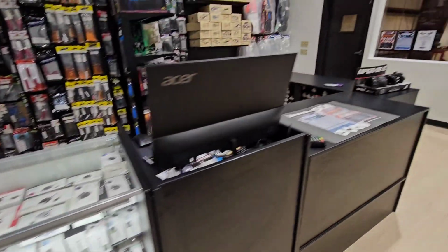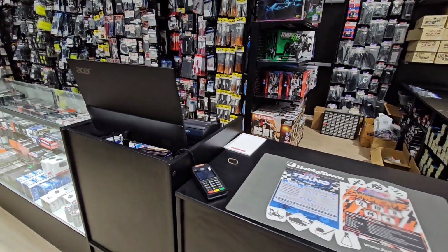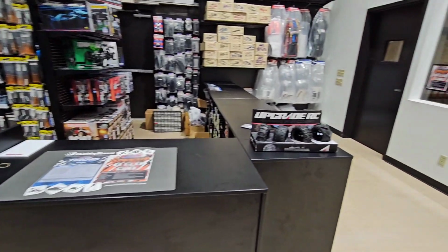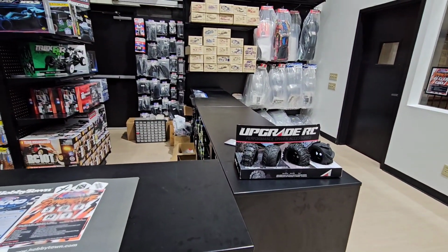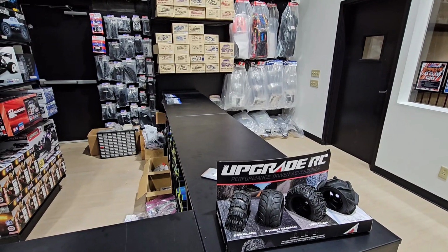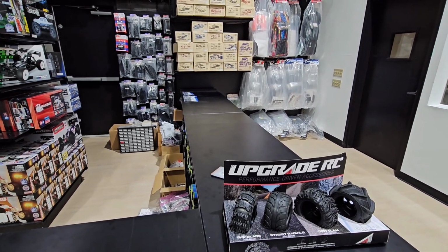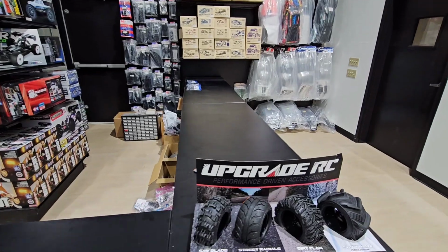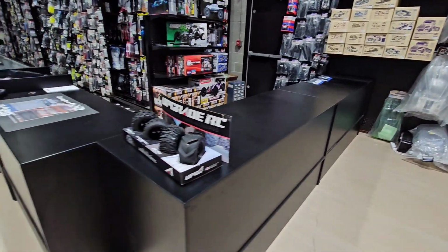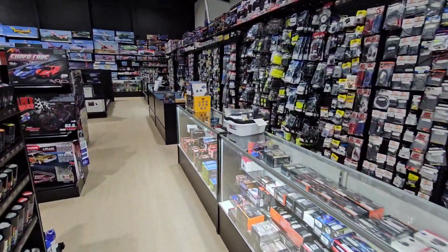And then this is what I like too. For race nights, we have our own checkout, as long as you've got a credit card or a debit card. And then we've got these nice counters. So we have a lot more counter space to help people on busy days. A lot of times we just run out of space. We don't really want to put them on the glass. So I love having this countertop here,